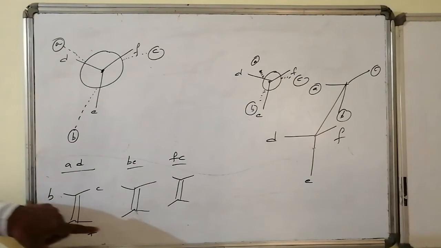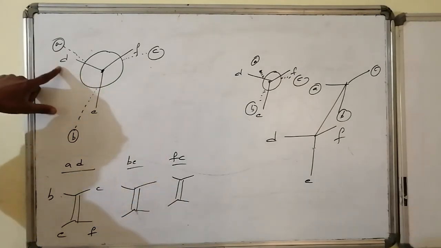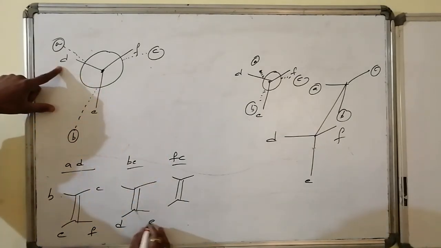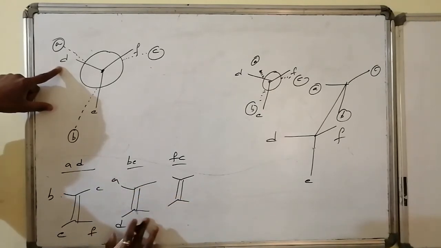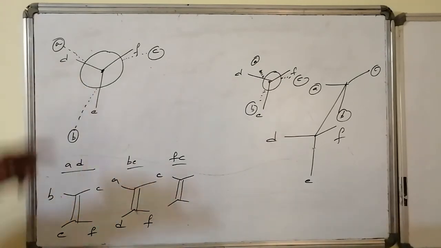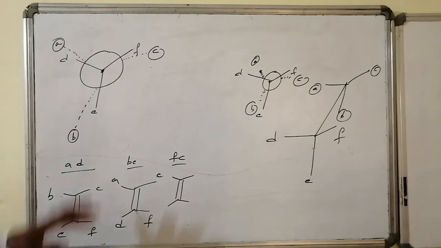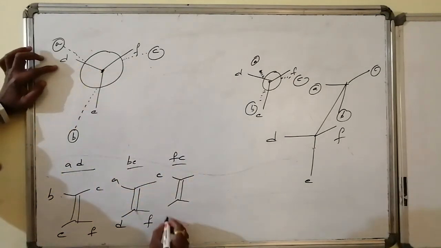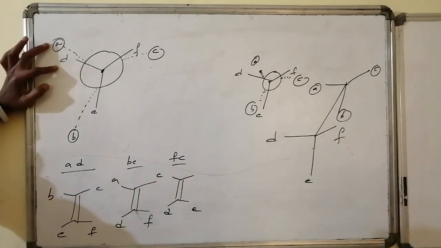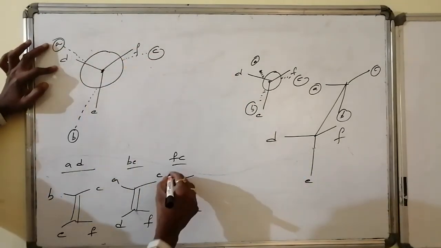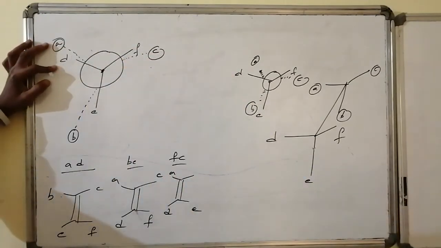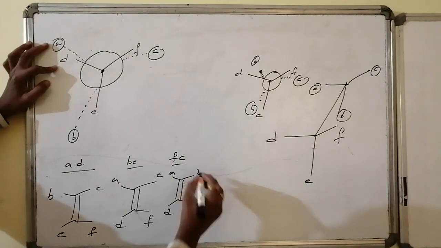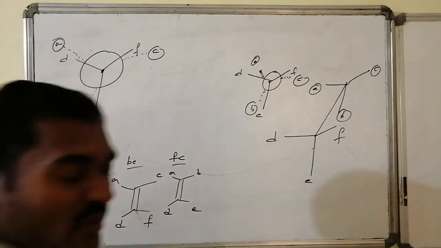If B and E are eliminated on the front carbon atom, the remaining valencies are D as well as F, whereas D is very close to A, and F is very close to C. Similarly, if F and C are eliminated, then on the front carbon, D and E are very close. D is very close, with dihedral angle 0, to A of the second carbon. E is very close to B with a dihedral angle of 0. So these are the corresponding products obtained.